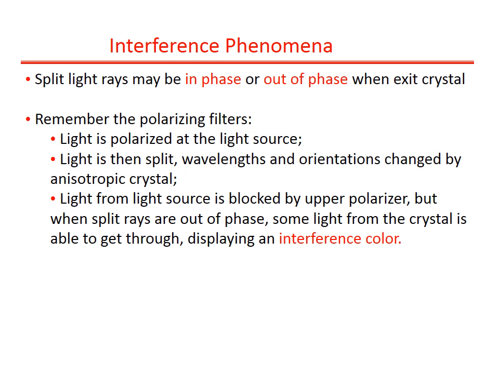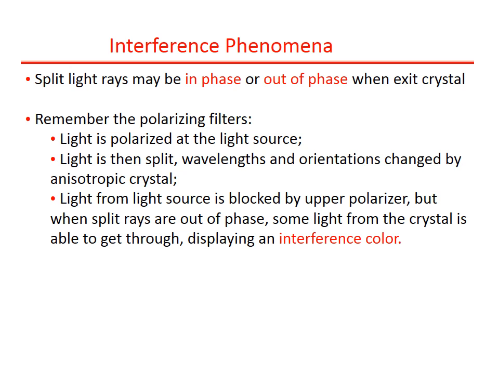So a few notes about light interference phenomena. Depending on the wavelengths of those two rays and how much retardation or lag occurs, they could be in or out of phase when they exit the mineral grain. Some of the light from the interference wave pattern will pass through the upper filter to your eye and be seen as light. Remember that the two light rays are vibrating at 90 degrees, and the mineral is sitting on